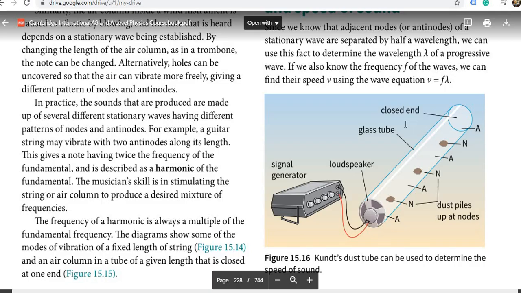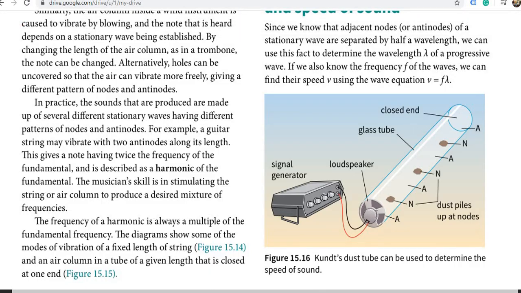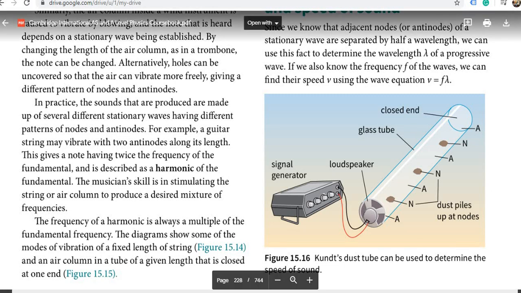In this standing wave, this end is closed. Can you see? Closed. This end is open. So you just place the loudspeaker at the open end. It's open, so the loudspeaker is placed at the open end. Now, it's a hollow tube with one end closed, one end open. For example, like a